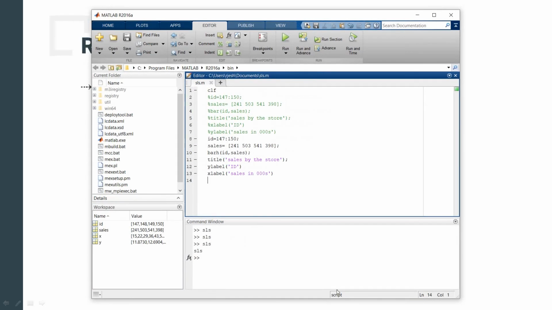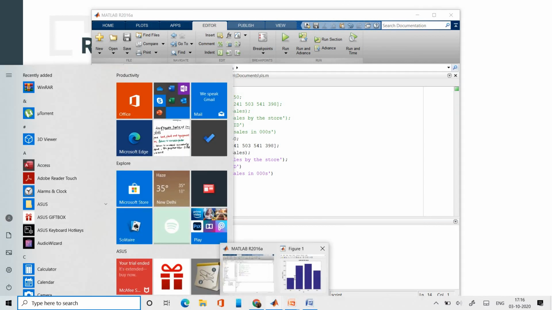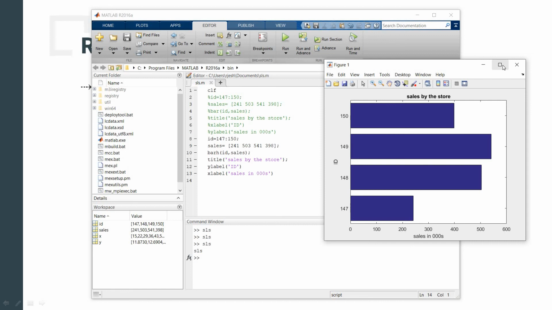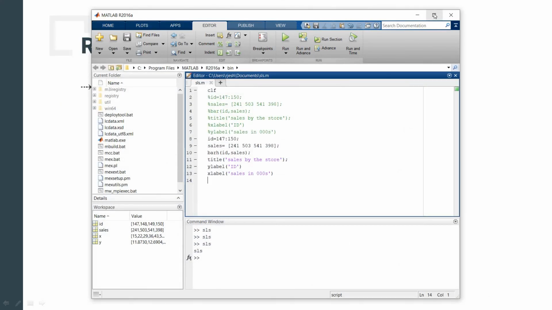So we are getting this graph, horizontally you can see. Now suppose you want both of these graphs on a single sheet. You have seen them individually. Now if you want to plot them in a single figure, then we use the command subplot. So let us use that command.